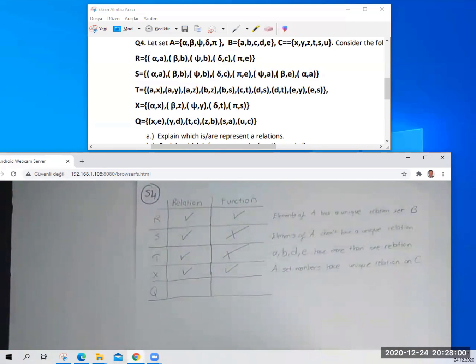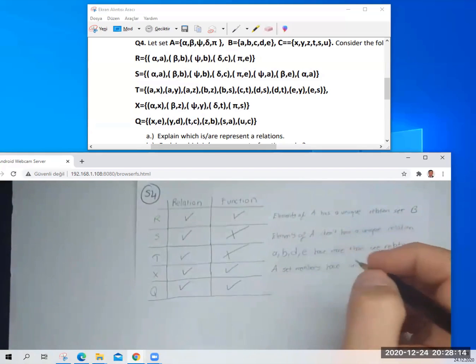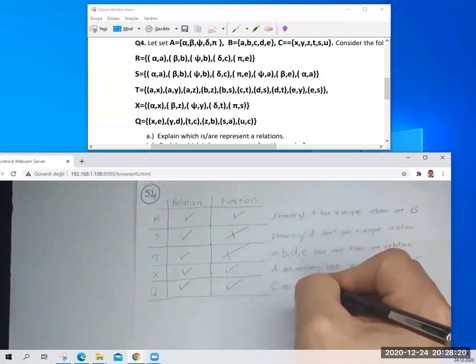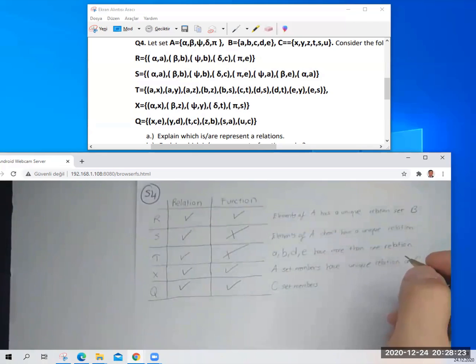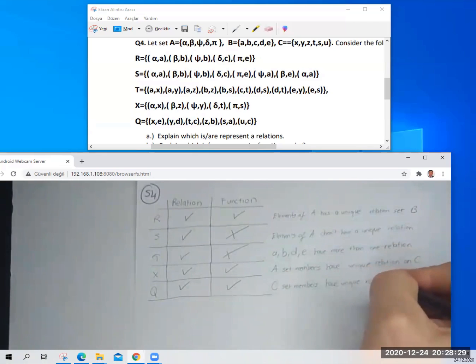And this was the X, and then Q. So what is the Q? X to E, Y to D, X to Y, T, Z, S, U. Okay, there is the unique. This is set C, set members have a unique relation on set B. So we know the reason, but we have to talk about